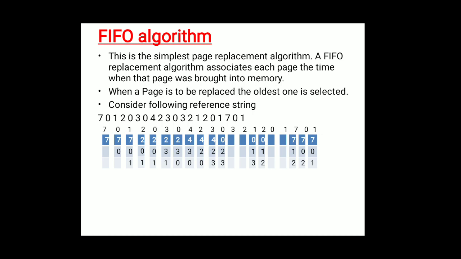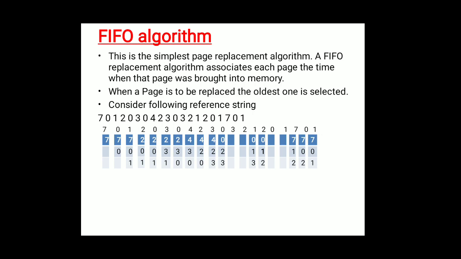Now coming to the reference string, that is 1. In the reference string 1, there is no page number 1 present in the memory, so it has to be brought from the hard disk into the main memory. So page number 2 will be replaced with 1, since page number 2 is the oldest one, or you can say page number 2 was the one which was entered first. So 1 will be replaced with 2, so that is 0 1 3, and it will be marked as a page fault.